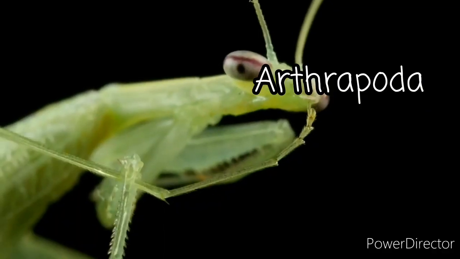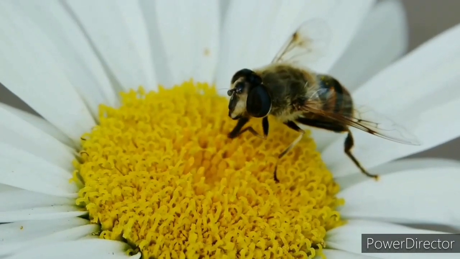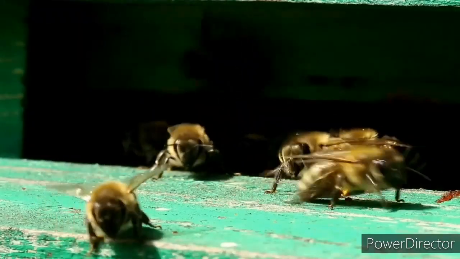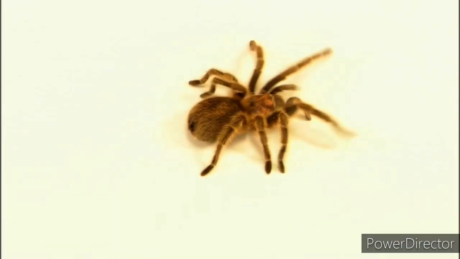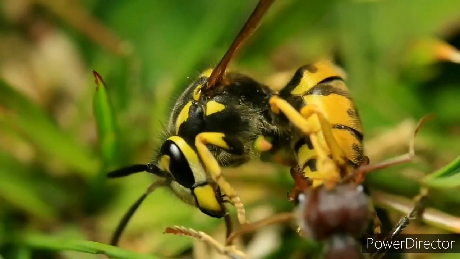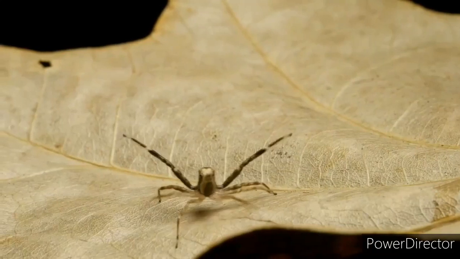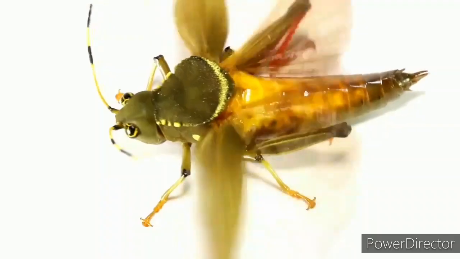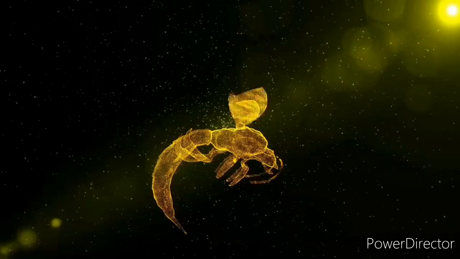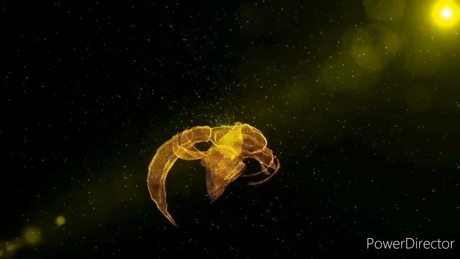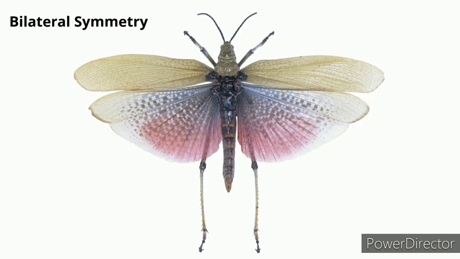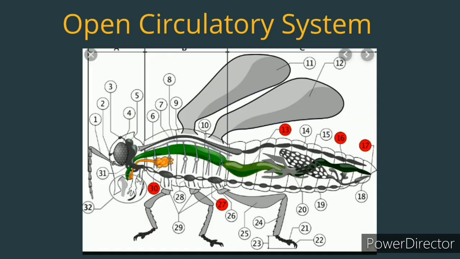Arthropoda. This is the phylum with the highest number of species in the animal kingdom. 75% of the animal species belong to this phylum. The class Insecta of this phylum, Arthropoda, possesses the highest number of organisms in the world. There are about 1 million species belonging to this phylum. Animals in this group show bilateral symmetry. That means their body can be divided equally into 2 halves. Their body is segmented and several segments collectively form functional segments, which are called tagma.